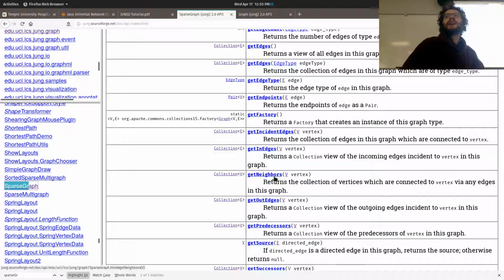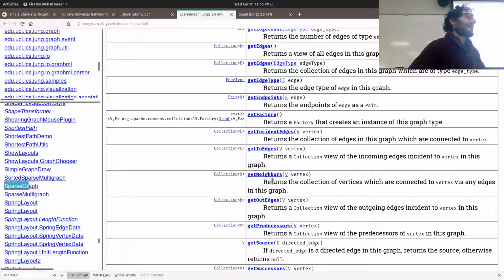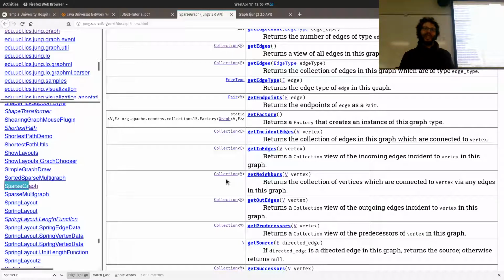So whenever you want to interact with the graph, to get a vertex or get an edge, you're always interacting with the graph. So you'll say g.getNeighbors of node 0, and this will return a collection of all the neighbors of node 0. Now, collection, again, it could be anything. It could be a set. It could be a list. I have no idea. But since it's a collection, it is iterable, which means you can iterate over it using